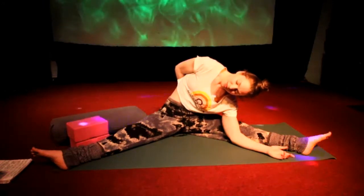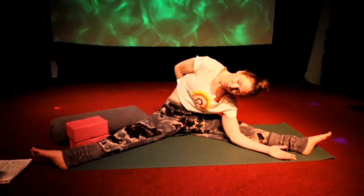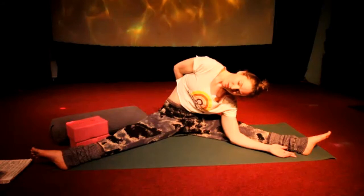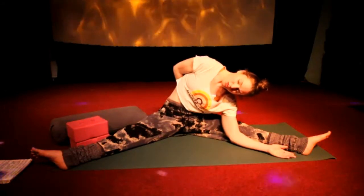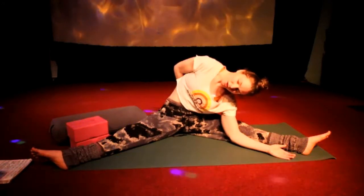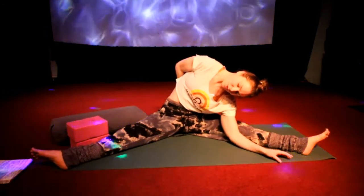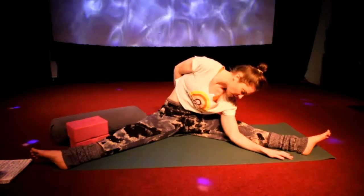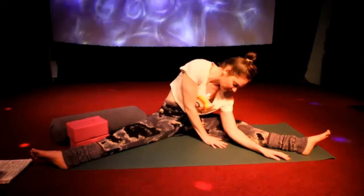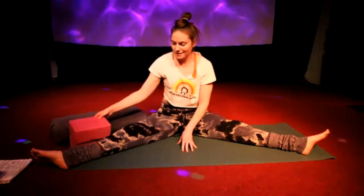Let's find some balance, allowing that left hip to feel nice and heavy. Taking 3 more slow, expansive breaths. Continuing to stack the shoulders. And if you'd like, for cleansing exhale, you can drop your jaw. Taking your time to gently flip that right hand, look down towards that arm, allow your left arm to slowly work its way around your body, pressing into the ground, walking up into center,